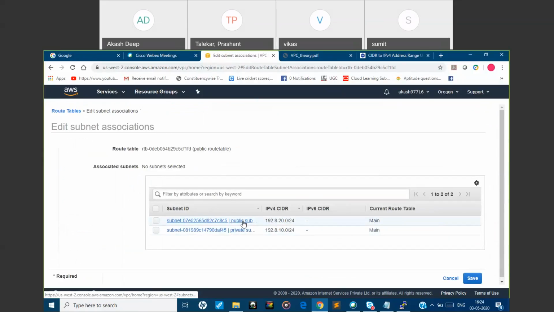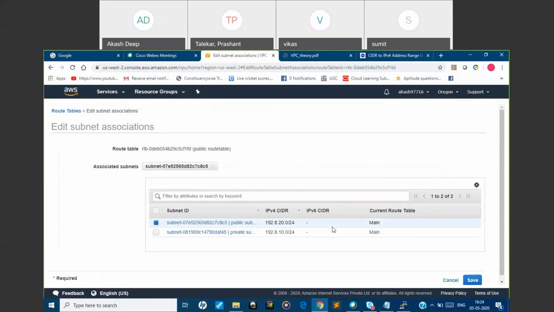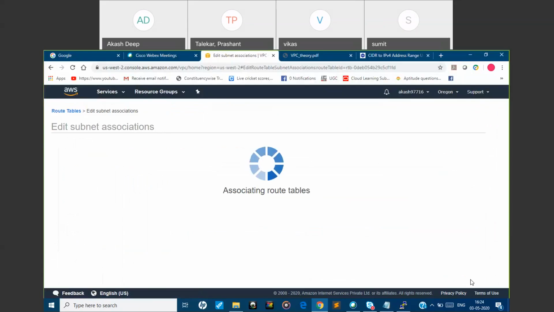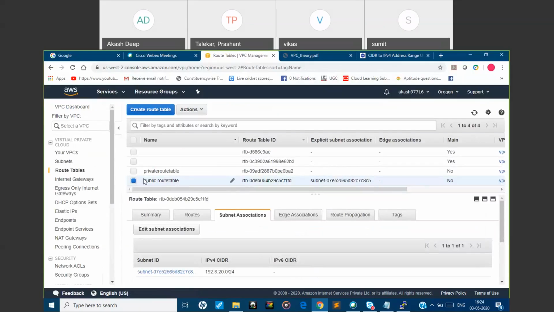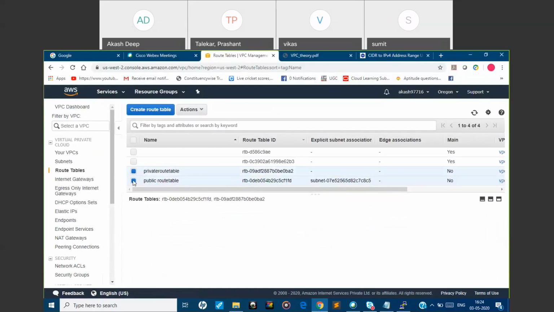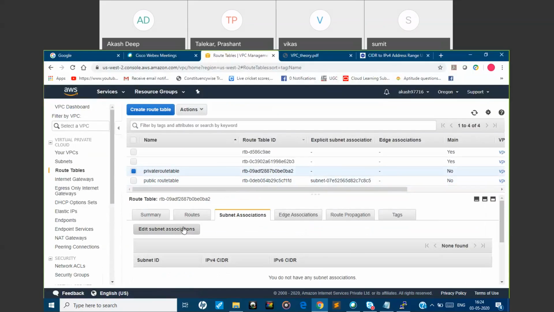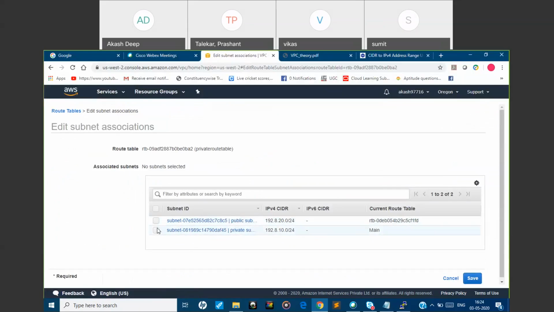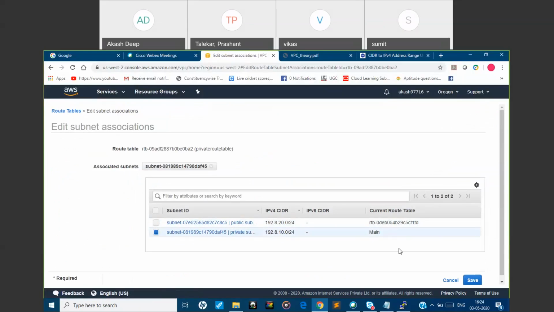Which one is the public? The first one is the public, right? Associate this. And now we'll associate the private subnet. By default we have to associate it.